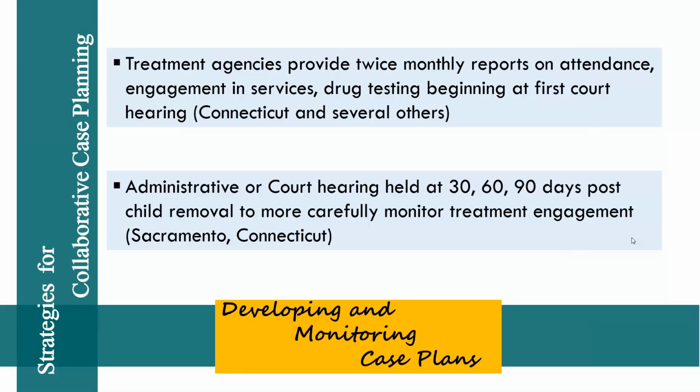Other ways that we've looked at the reporting back in that collaborative case planning, that there is a protocol about what needs to be communicated that is established in policy. So that the monthly report, or in this case in Connecticut, Sacramento County, Riverside, many places now have this standard protocol that twice a month information about the parent's attendance, their engagement in services, their drug testing, how that is happening and what the results of that are, that's being communicated on a regular basis to the court and to child welfare workers, again, to reduce the noise and to